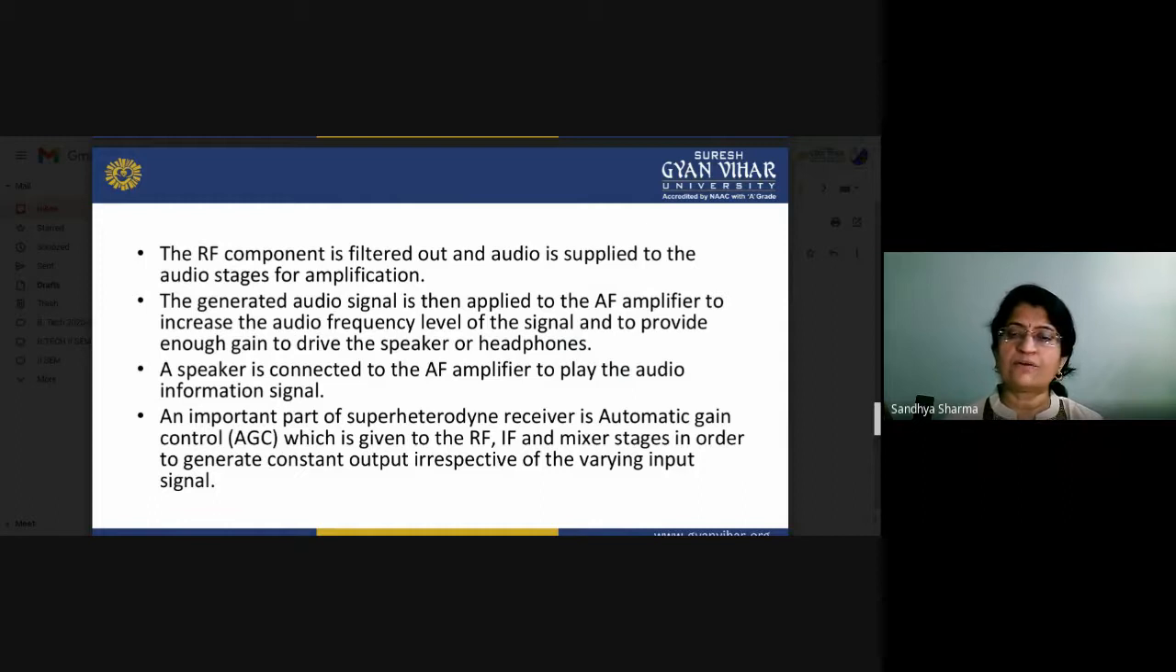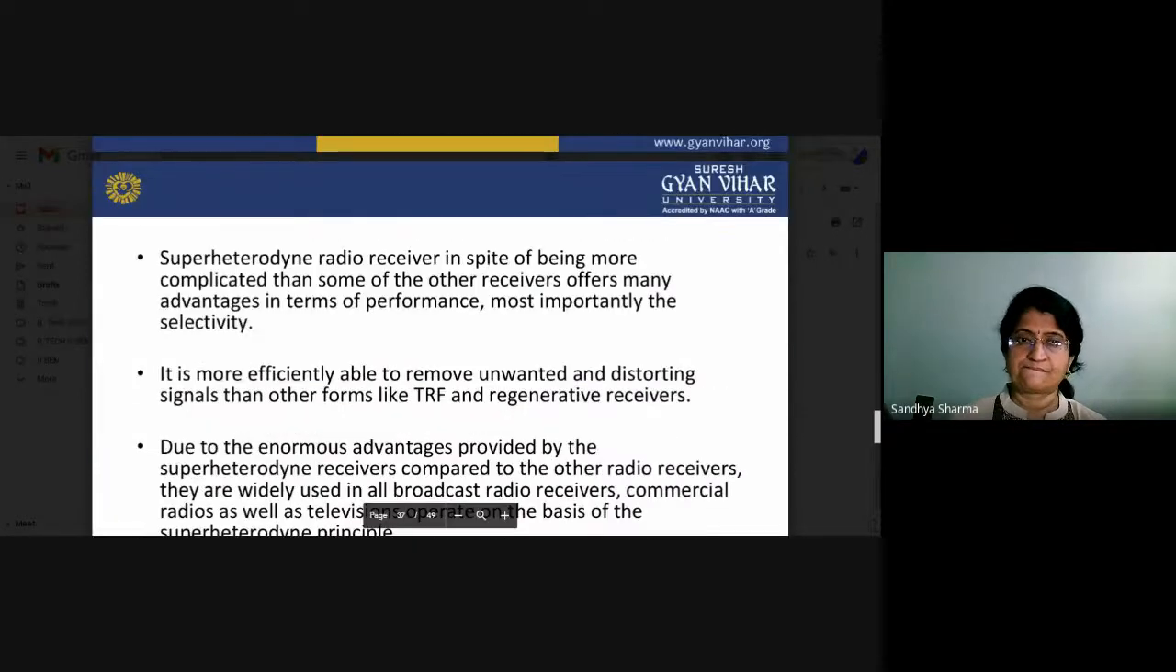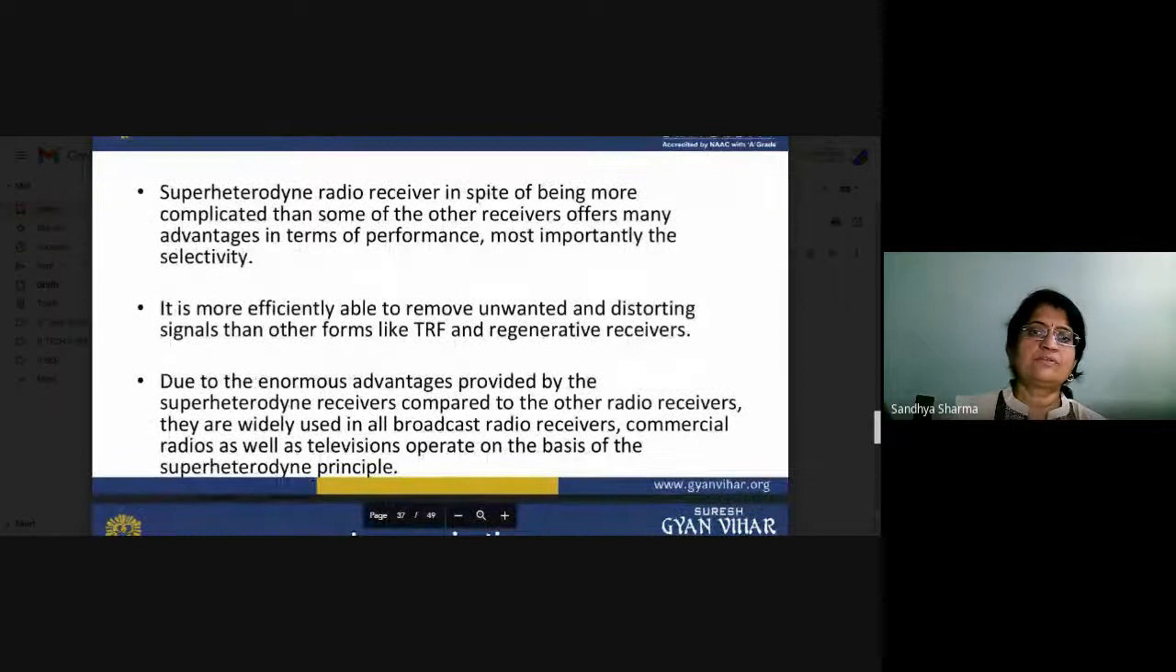An important part of the superheterodyne receiver, automatic gain control, is provided in the RF amplifier. Now, what about the superheterodyne radio receiver? In spite of being more complicated than some of the other receivers, it offers advantages. In spite of being more complicated, it is very simple in operation. So first of all, what is the advantage of our system? We are working on DSB plus C. So it is more efficiently able to remove